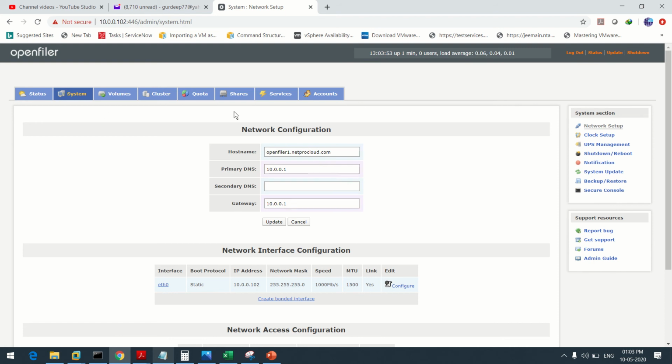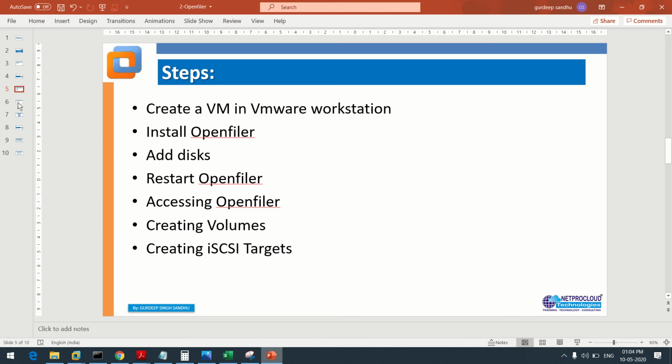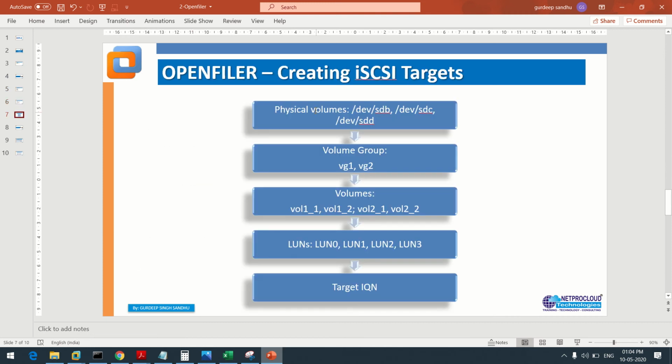Everything is okay. Now go to volumes. The first step is to create new physical volumes. Now we are going to create physical volumes.